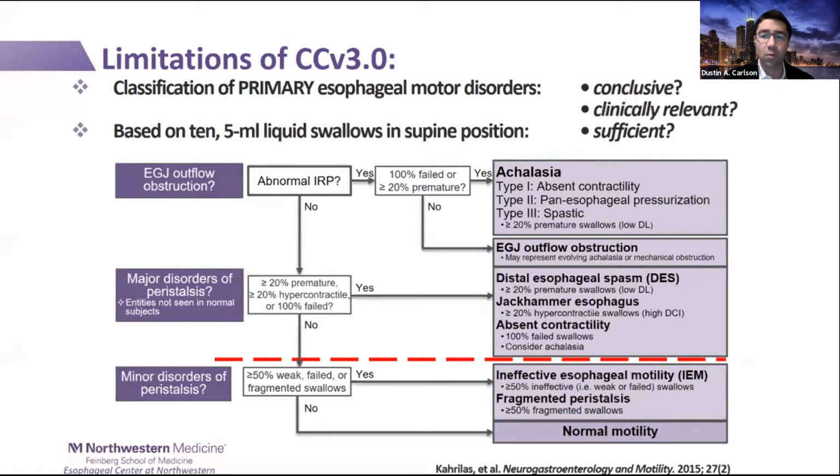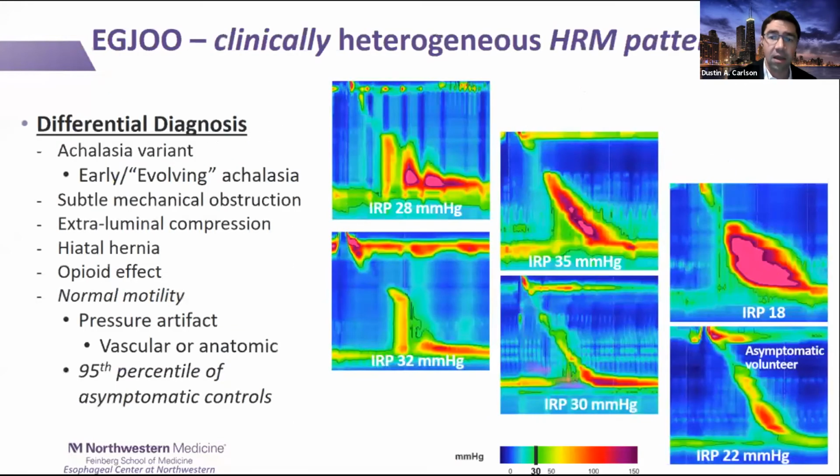Now, these limitations were most notable with the classification of EGJ outflow obstruction. And this is a pattern that is commonly observed. About a quarter or more of studies completed with high-resolution manometry will have this pattern, and this has the potential for major treatment implications. And the root of the problem with this EGJ outflow obstruction classification is that this does not